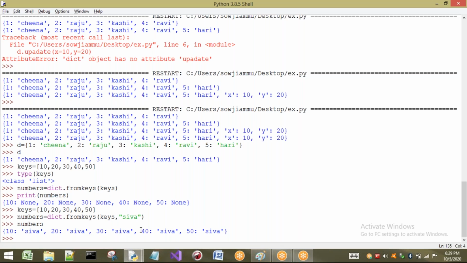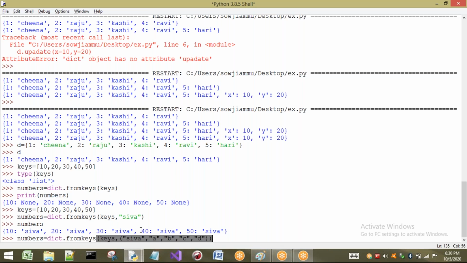Now let us take one small example here. I will try to modify this. Here I am going to pass a second value also. There are five, so I will take A here, and let us try whether it is possible or not. B here, next C, next D I am going to take here.